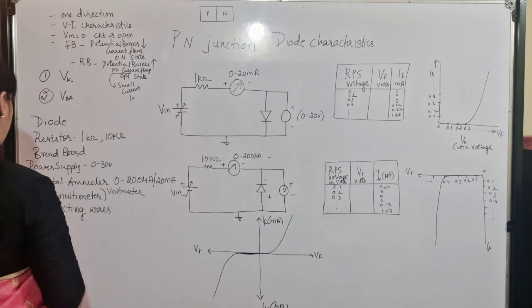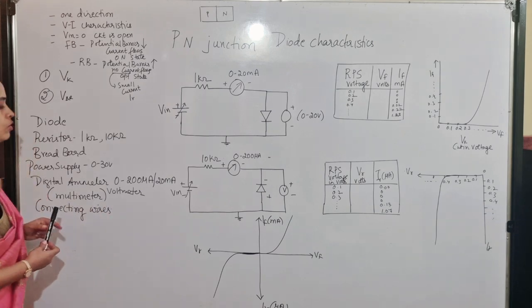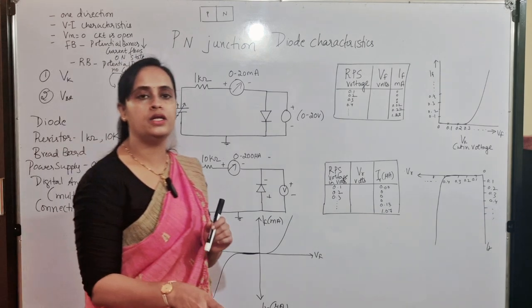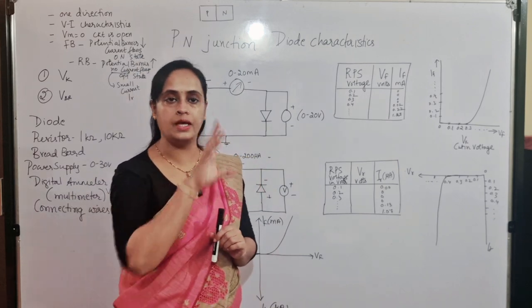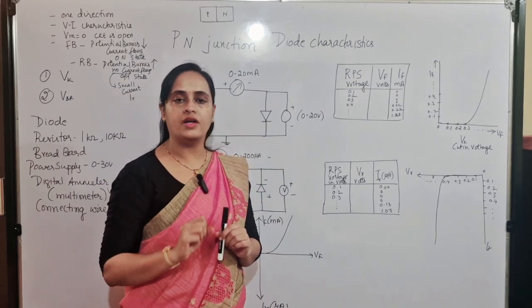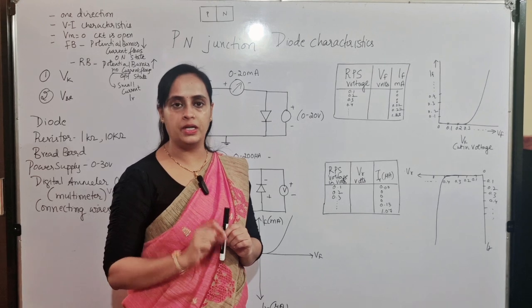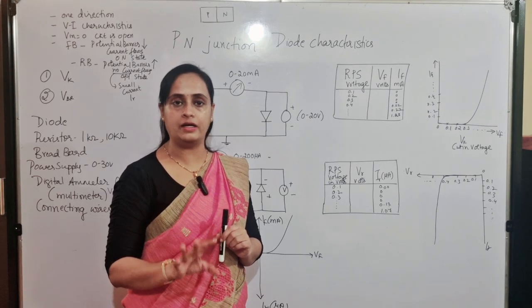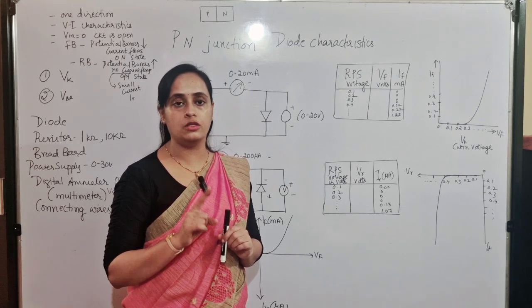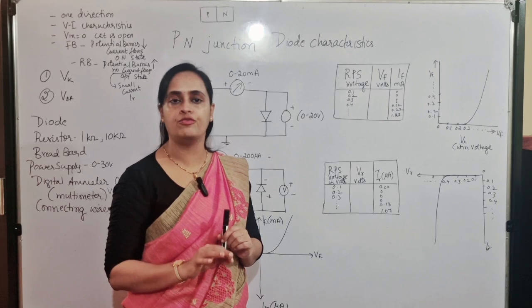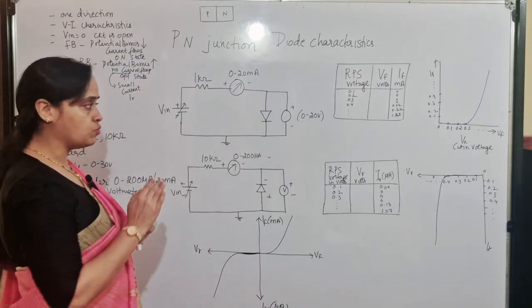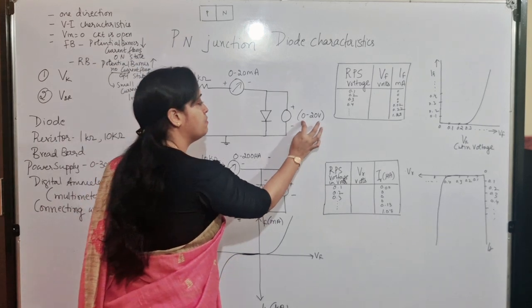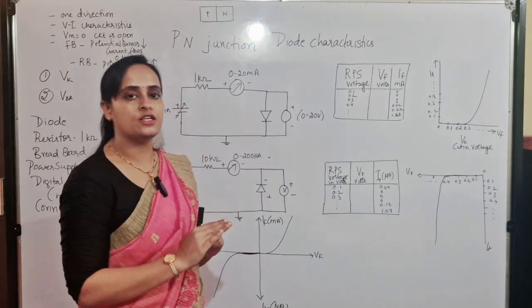And multimeter. I have written multimeter in the bracket because if there is no digital ammeter and digital voltmeter, the same readings can be recorded using a multimeter. But whatever settings you are going to do in the multimeter should be appropriately correct. If it has to be measured, the knob has to be turned and kept for voltmeter, where, whatever the condition, for example if it is from 0 to 20 volts, the settings have to be done.